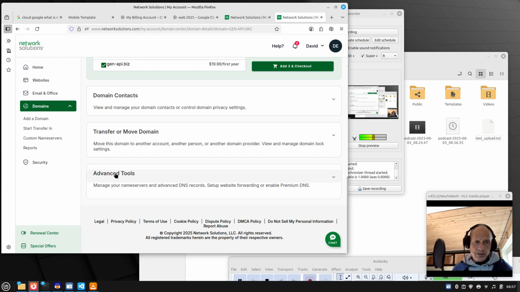You have to go into advanced tools, and the way the internet works is it connects a whole bunch of computers by IP addresses, but humans don't like to memorize numbers because we're not that good at it. But what we do like is names. So we can remember Google, we can remember Microsoft, we can remember Oracle. But then the internet has to translate that word. This is what you're buying essentially. So I bought the domain name that's called